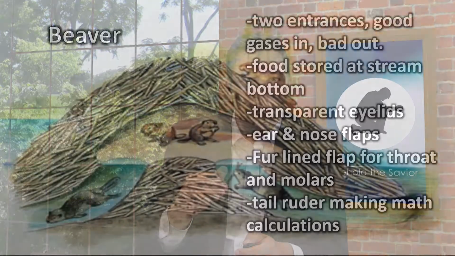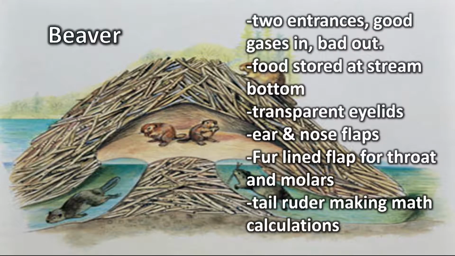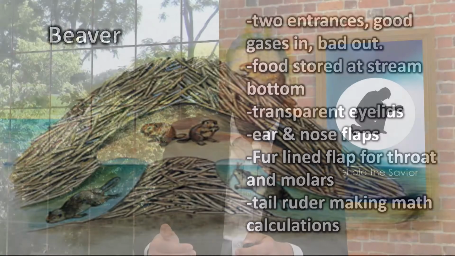Evidently, they seem to be sensitive. The front teeth that are used for chewing the wood don't seem to be as sensitive as the back teeth, but God's put a protective item in there. And it will use its tail as a rudder. It'll drag the branches across the river, making mathematical calculations, doing what it needs to do. If all of these things weren't in place at the right time, the beaver would die. There are architects that study beaver dams so they can understand how to make better